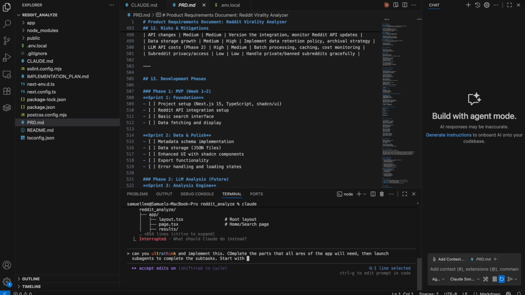Start with sprint 1. Complete the subtasks in sprint 1 linearly and then launch.